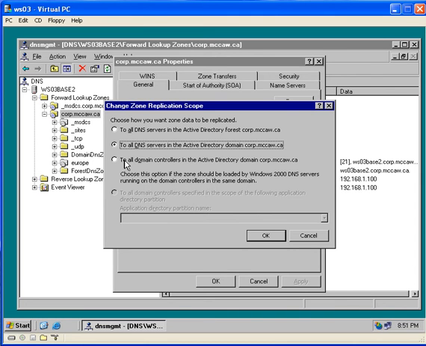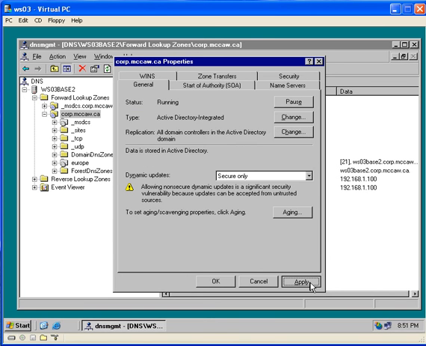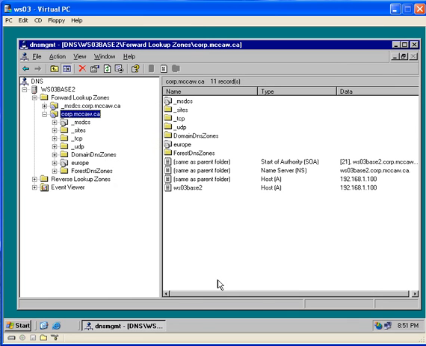The bottom one would be the option we choose if we are replicating the zone with Windows 2000 Active Directory domain controllers that are running in the same domain as our Windows Server 2003 Active Directory domain controllers. So let's say that's the case. We'll choose that option, click OK, click Apply, wait for that setting to be applied, and then click OK, and